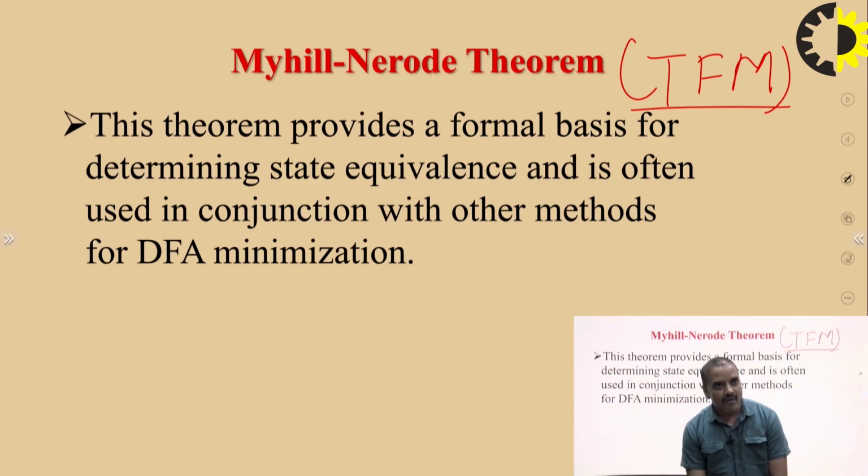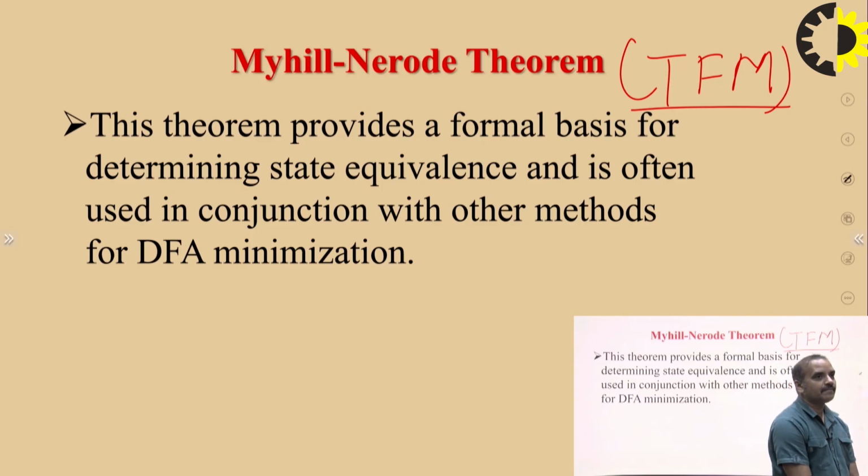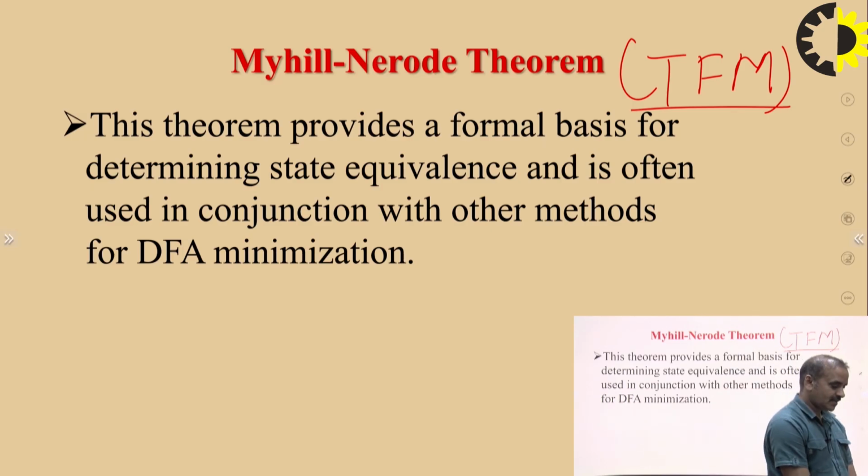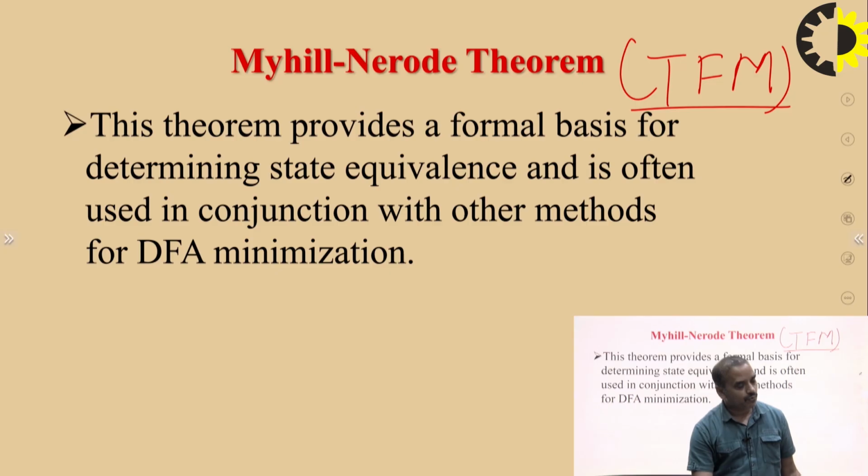This theorem provides a formal basis for determining state equivalence and is often used in conjunction with other methods of DFA minimization. This method is efficient and is the more effective method to minimize the given DFA. But here we only discuss